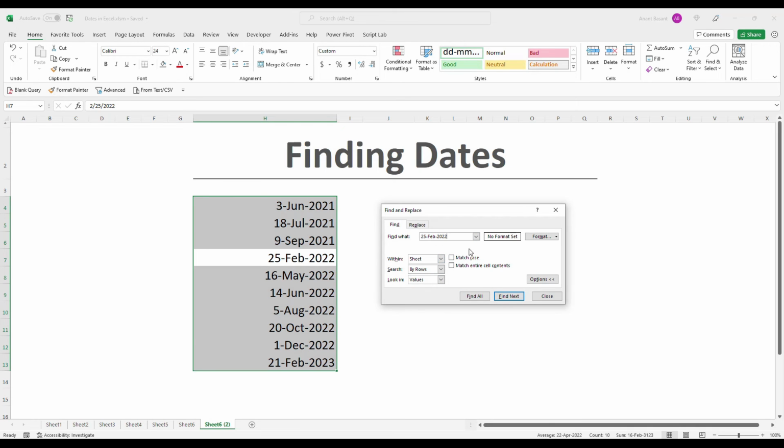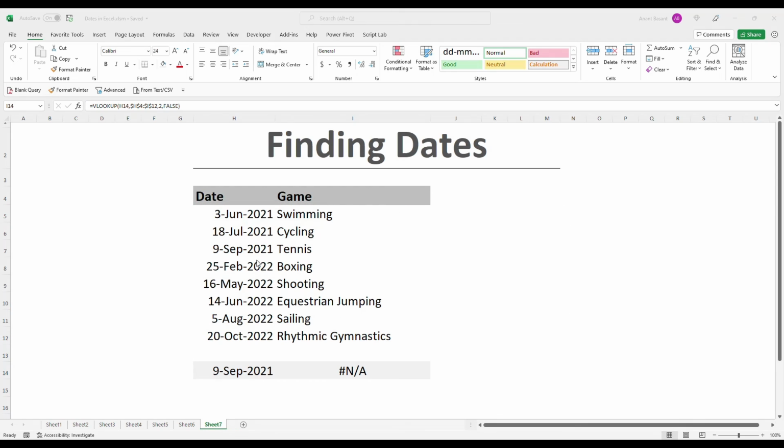It causes confusion sometimes. Here I am trying to find which game was falling on 9th September 2021, and I'm using this cell for it with a VLOOKUP formula, but it doesn't return any value, it returns NA. So what is the problem here? The problem is that this date doesn't have a time component, but this date has a time component.